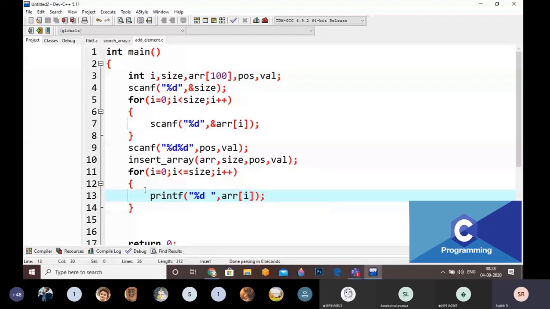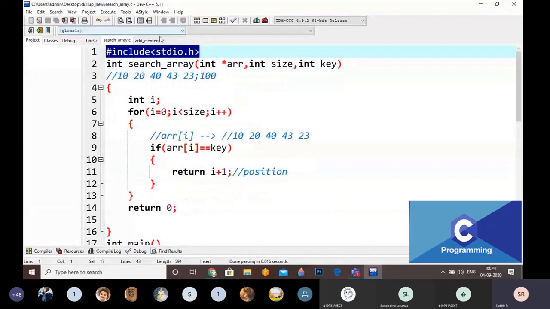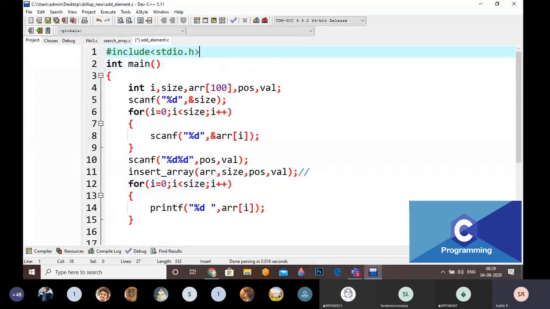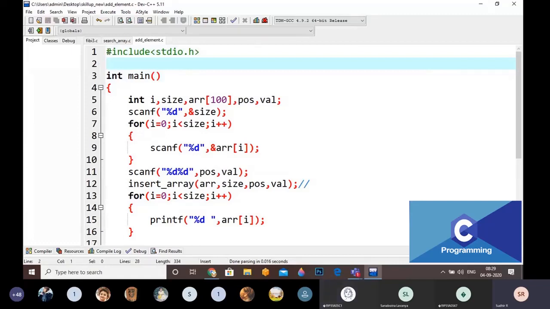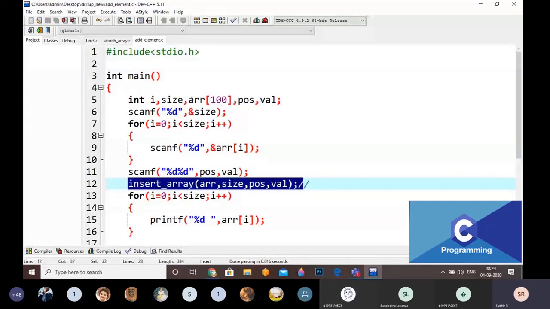Here I am not writing any values. Then how is it possible? If any modifications are done on the array, is it possible? Yes, first of all I am going to check that one. For example, the array is 1, 2, 3, 4, 5. I am checking here: if any modifications are done on the array, is it applicable on the main function or not? For example, I am going to check this one.